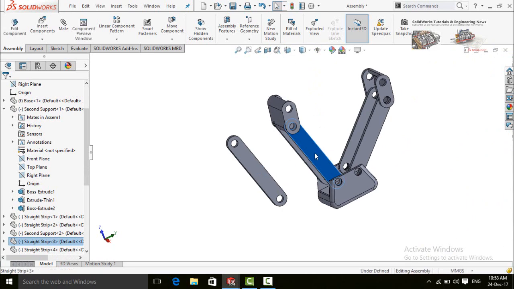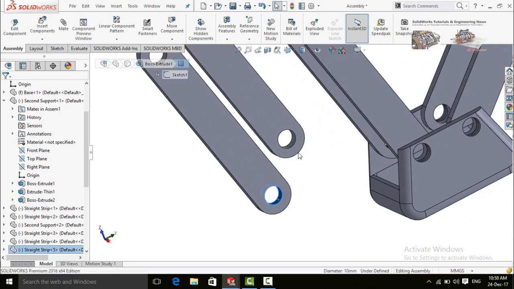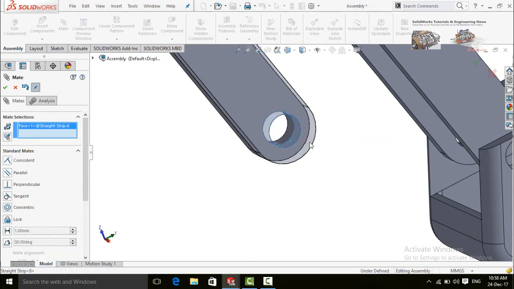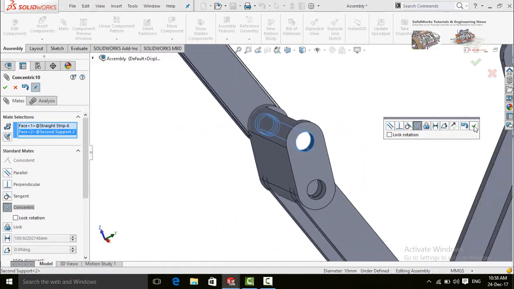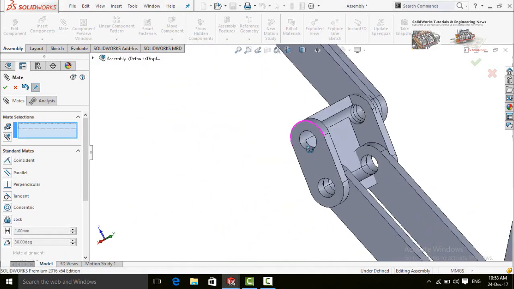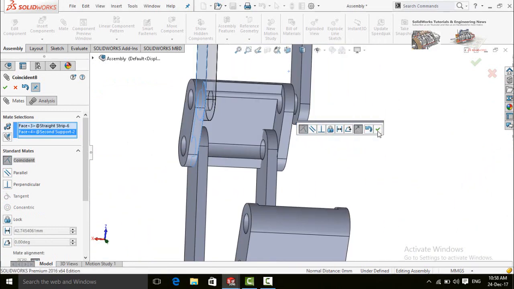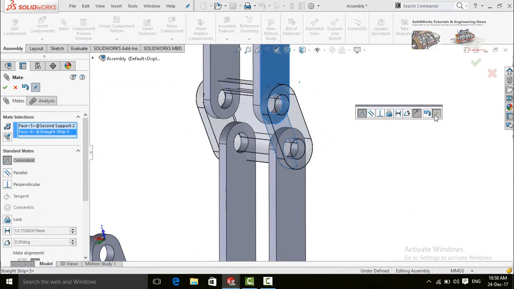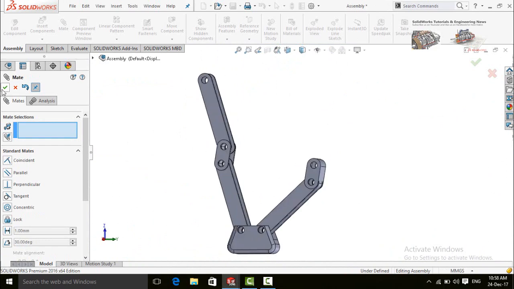Now make duplicate of these straight strips, mate them. Now align them with this second support. Press OK button. Again press OK button.